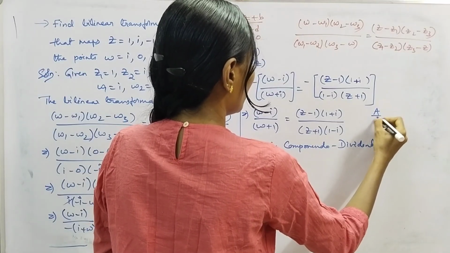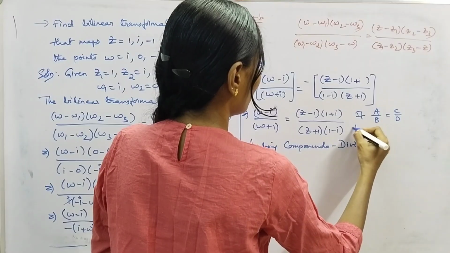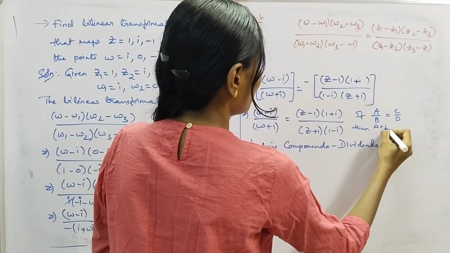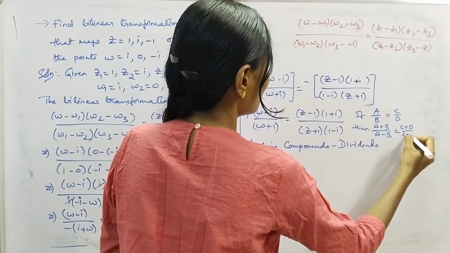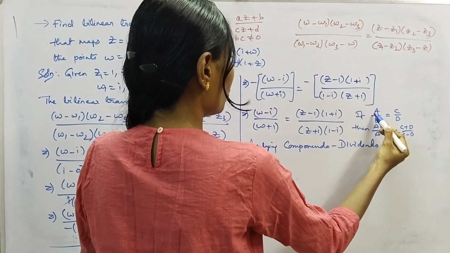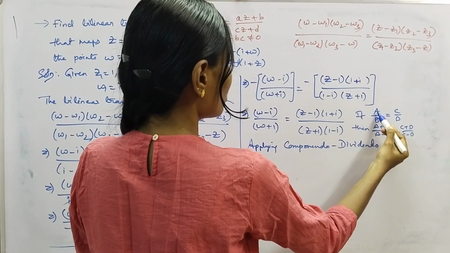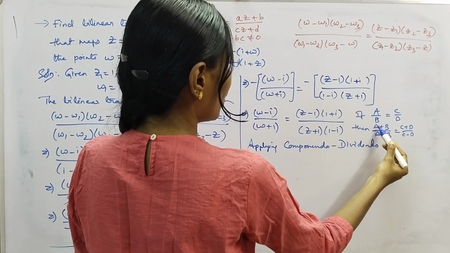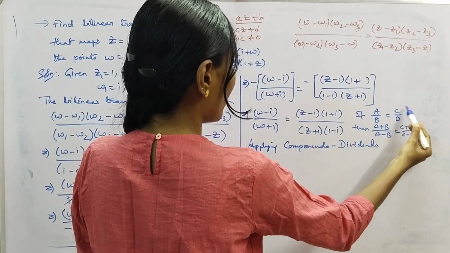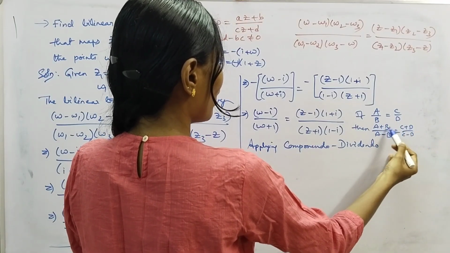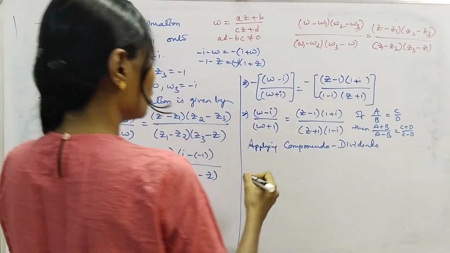If a by b equals c by d, then a plus b by a minus b equals c plus d by c minus d. Simply, we'll add in the numerator, and in the denominator we'll subtract b from a. Okay, a plus b, here comes a minus b. Here we'll add and here we'll subtract. Add, subtract, add, subtract. Just apply that. You'll get